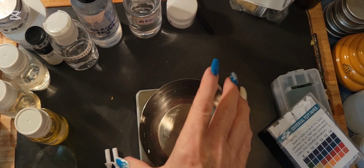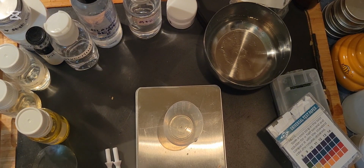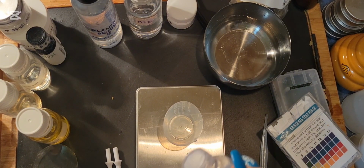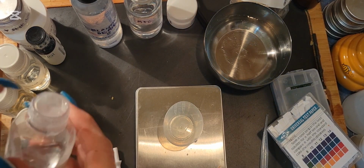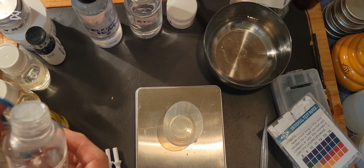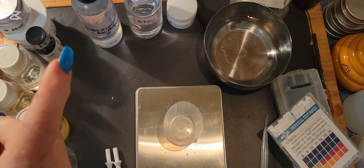All right, so the next item that I need is glycerin, which is a humectant. So just a basic humectant we've got here, plain old USP glycerin. Glycerin is generally used between 3 and 5%. I like to use it. And I've sealed this one up because I had it when I was traveling. You wouldn't believe how sticky glycerin can be. Now, if you're making a cream and your humectant is too high, and by the humectants, things like honey and glycerin, which are natural humectants, you're going to find they'll leave your product itself a little tacky, a little sticky, just like if you use too much gum